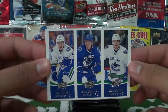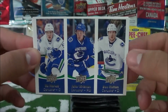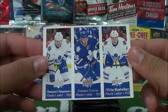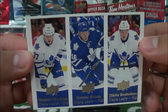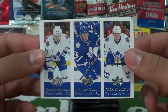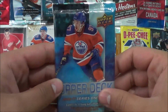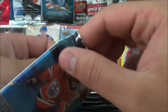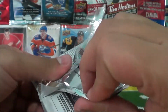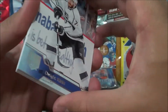So the first one is the Vancouver Canucks. We got Bo Horvat, Jake Virtanen, and Ben Hutton on there. And then here's one of the Maple Leafs ones, Kasperi Kapanen, Connor Brown, and Nikita Soshnikov on there. Pretty cool little set to collect if you're into the Canadian blasters. And the thing with the Canadian blasters, they come with 8 cards per pack instead of just 5 like the